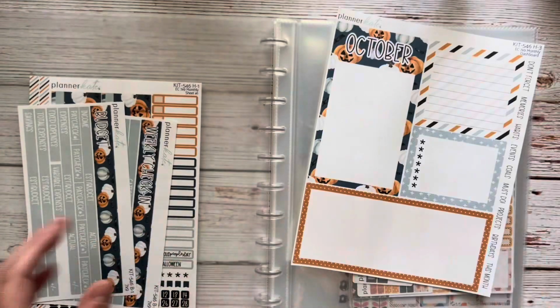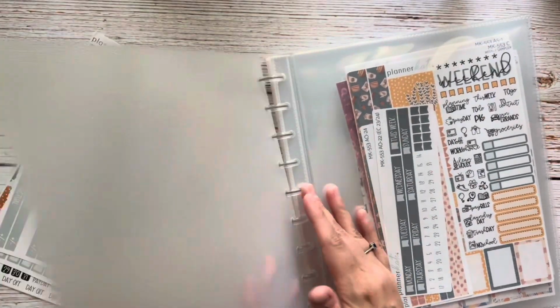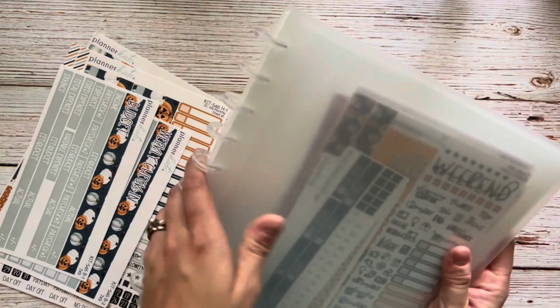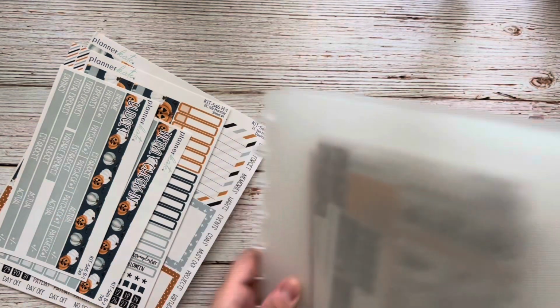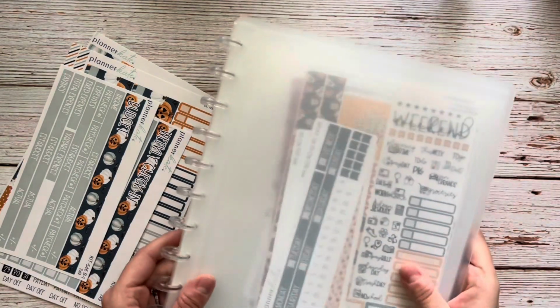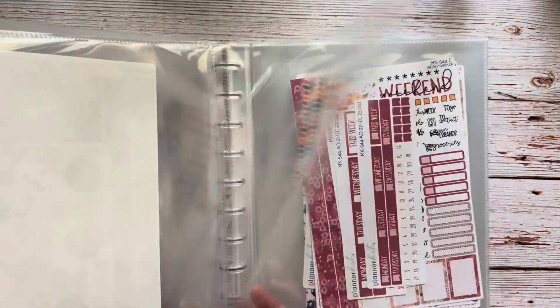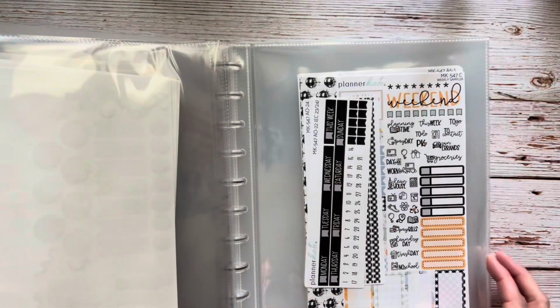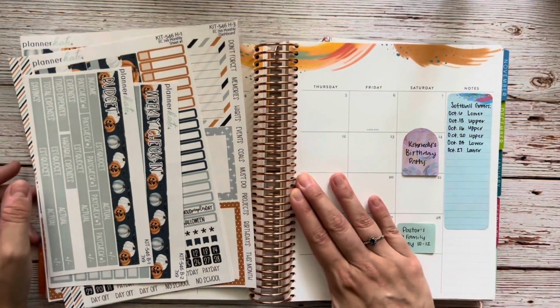So that was kind of an update on that, a little bit of what I decided to purchase. I actually really like this. I'm surprised because I don't usually like disc bound anything, but I think this will work well for what I'm intending to use it for, and this is where I will keep all of my kits moving forward. So now that we have that out of the way, we'll go ahead and get started with the October plan